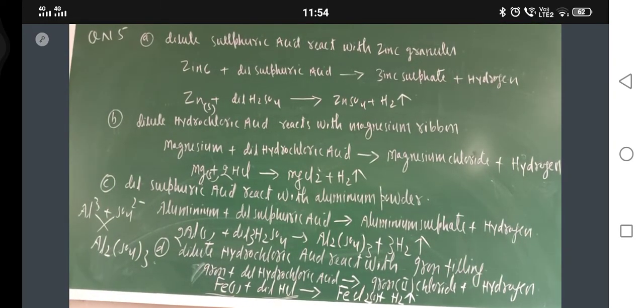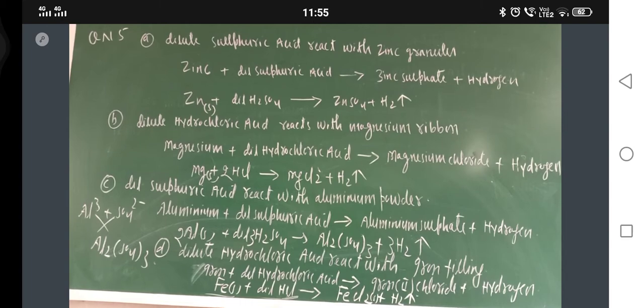So here the question says compounds such as alcohol and glucose also contain hydrogen but are not categorized as acid. So just see, they are not categorized as acid because they do not furnish H positive ion in their aqueous solution. What is the definition of acid? Acids are those substances which furnish H positive ion when dissolved in water. They are only acids.